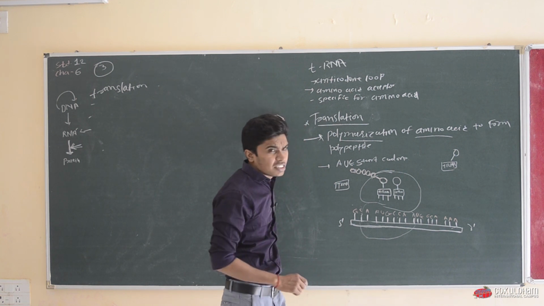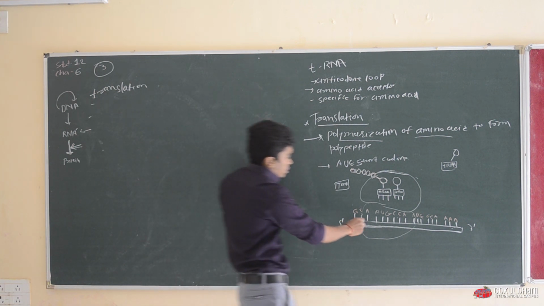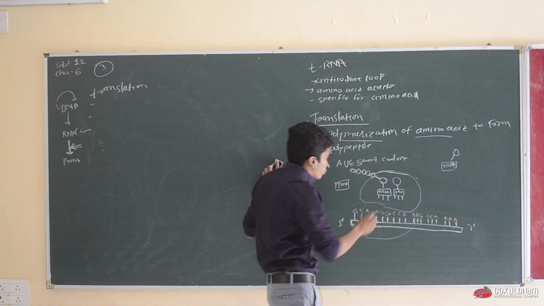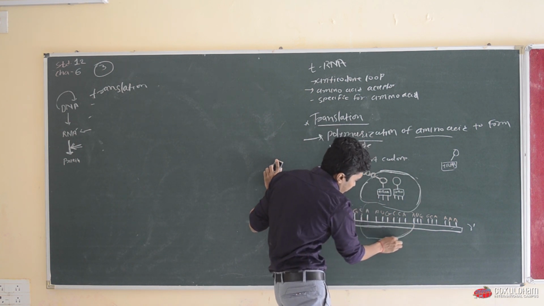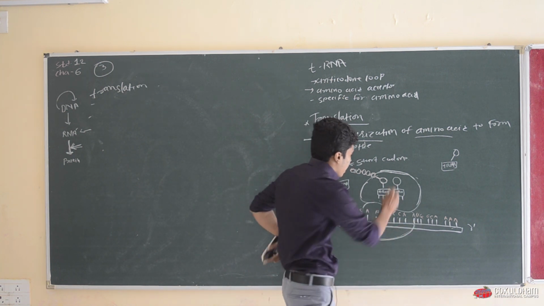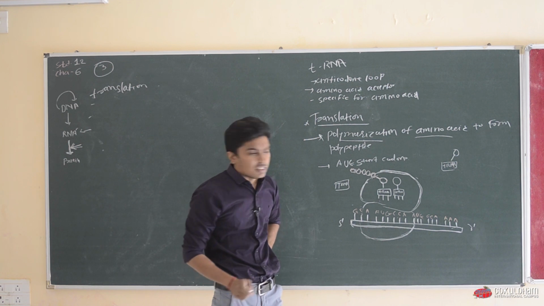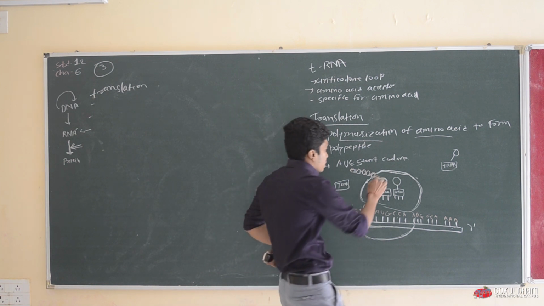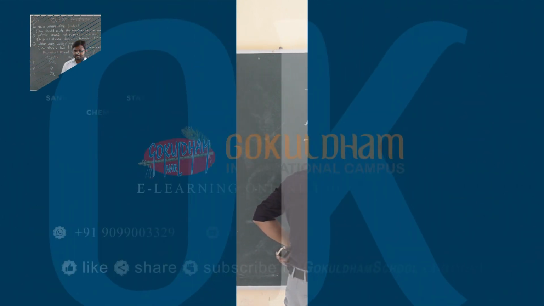What happens in translation? In translation, when mRNA comes outside into the cytoplasm, ribosome molecules join with the mRNA. Here this is mRNA and the ribosome binds with this mRNA for translation. Okay, and this ribosome has a particular site for the tRNA molecules. What will happen first? Ribosome